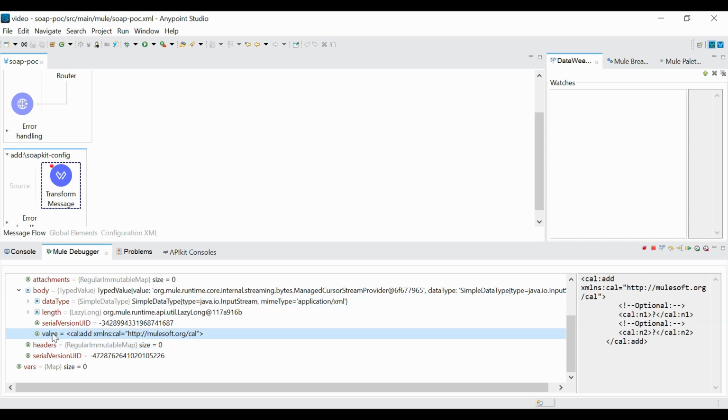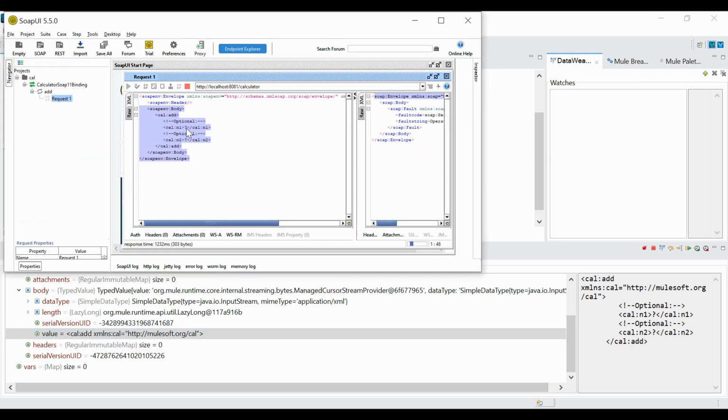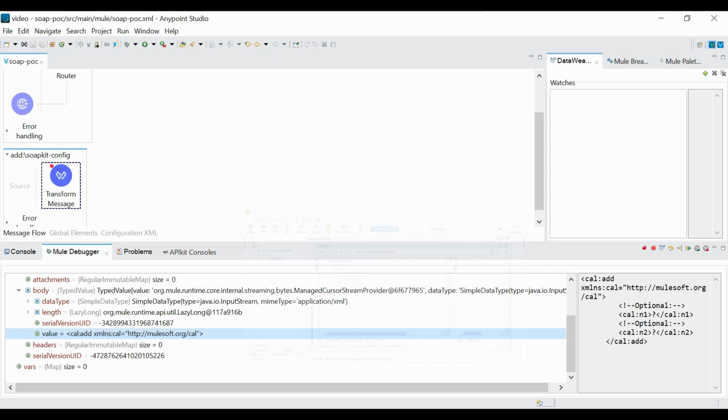Inside this body, if I click on this value, I can see my request, but I think I have not passed anything as of now, only a question mark is coming. Our request got timed out here, so in SoapUI we will not get any response, but our request is there in the Studio.